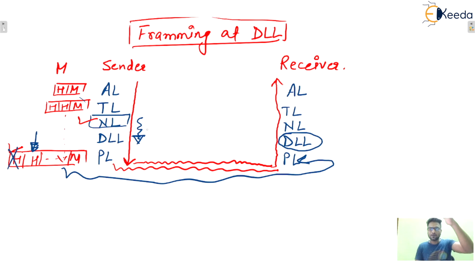So the upper layer data will be grouped inside frames at the data link layer, and then it will be transmitted via the physical layer. Also, the data link layer deals with LANs only, the LAN environment, local area network. Okay. So let's see what is the concept of framing. What is the meaning of framing?